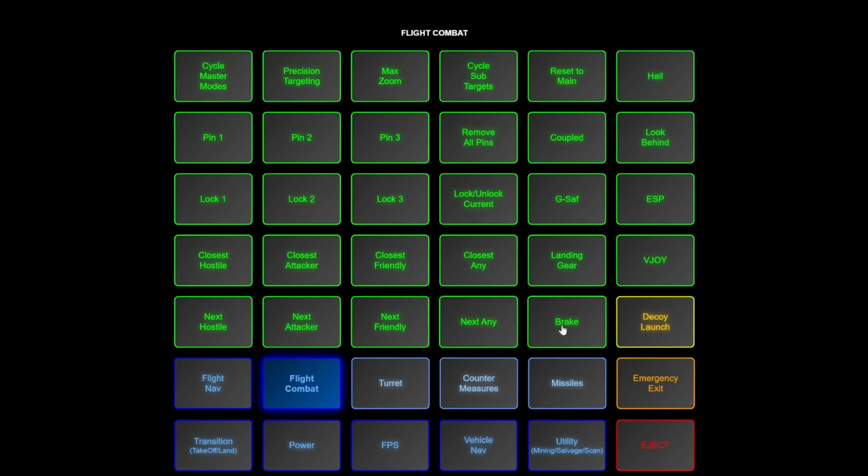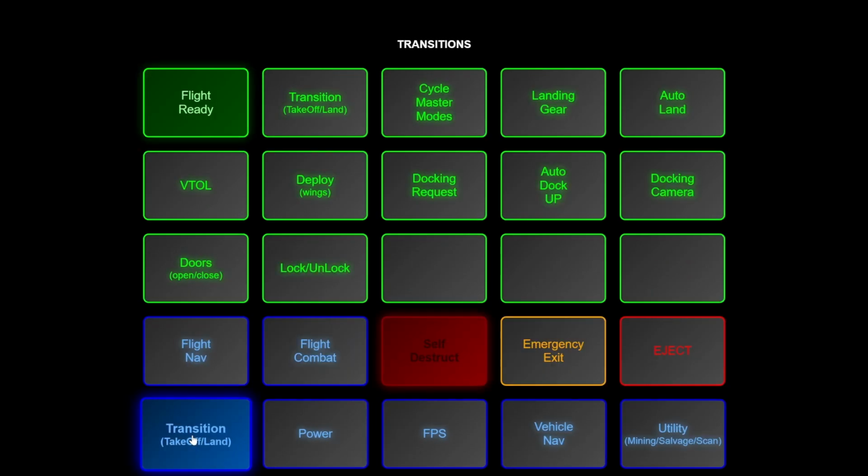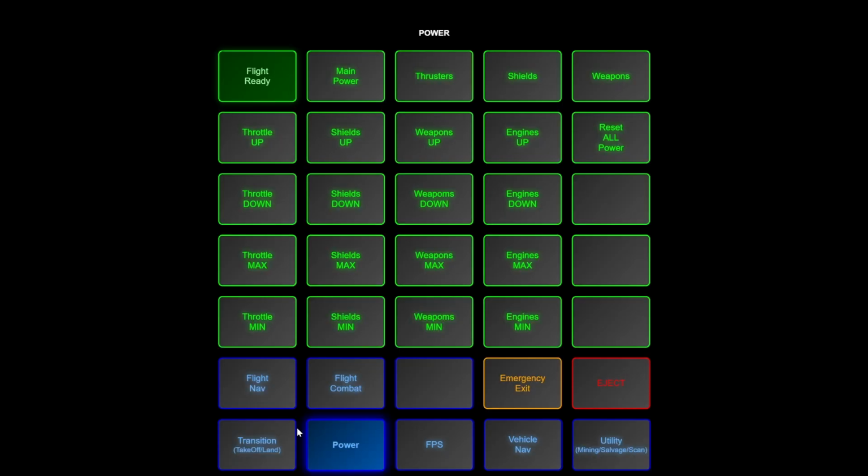So from flight combat, we have things that I've designated, more important for flight combat. Commands dedicated to turret, dedicated to countermeasures, transitioning, which is really takeoff and landing. So getting flight ready, requesting takeoff or requesting landing clearance, master modes, VTOL, deploy wings, depending on what kind of ship you're in, etc. Things that are more focused on power, especially,